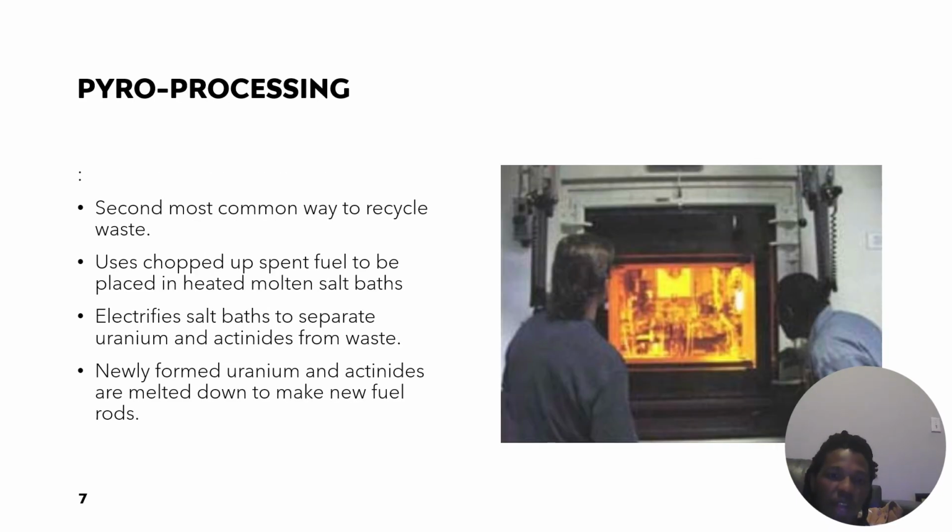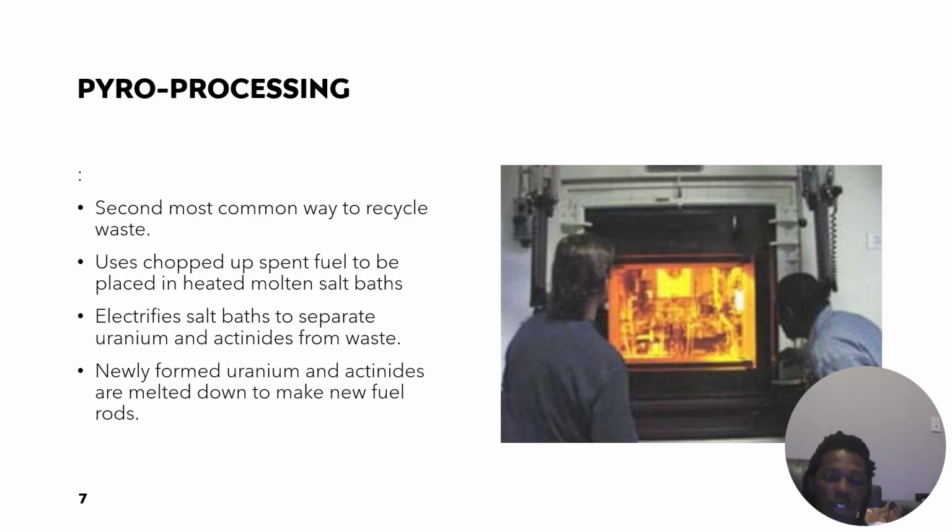And then you have pyroprocessing, which is the second most common process. It's a little bit more complicated. It uses spent fuel that's chopped up into pieces, and that fuel is put in a molten salt bath. Once it's in that molten salt bath, people working on the plants essentially electrify that mixture to where it creates a separation between uranium and